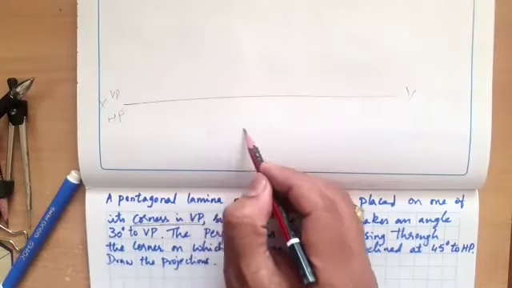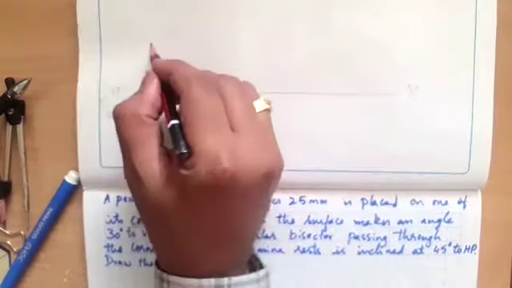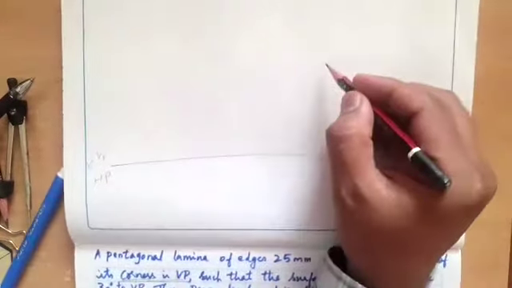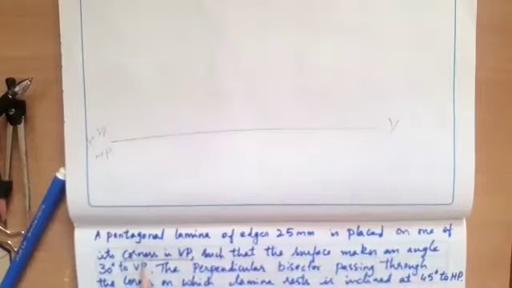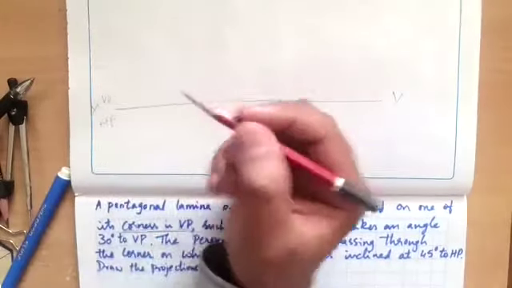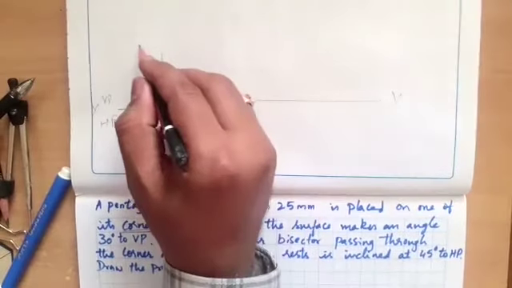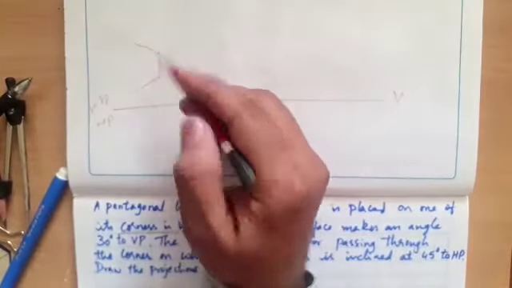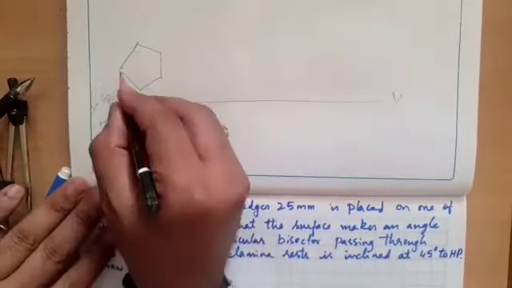Obviously, with the surface inclined at 30 degree to VP, the top view will be just a line. So you need to draw a true shape here in the vertical plane. How will you construct? I'll keep the corner to my left and then construct the pentagon. That means I'll keep some distance here and then draw 25 mm and construct a pentagon towards the left hand side like this, 108 degree and 108 degree, and then mark here and identify this 25 mm so that I'll get a corner towards the left.